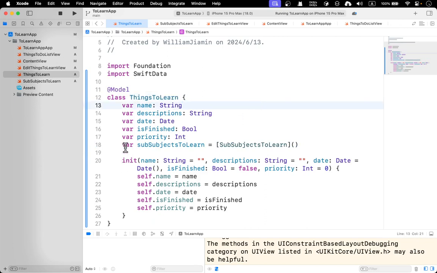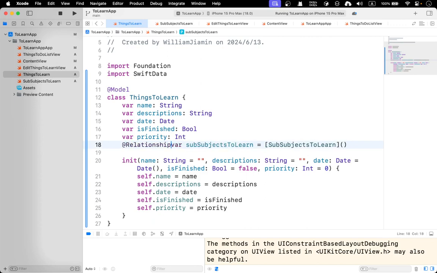You can solve this problem by adding a relationship here. So basically, just like two tables, you have to make this a parent table. If you delete this right now, the setting like this, this subject to learn will not be deleted. But we want it to be deleted, so we can say relationship,